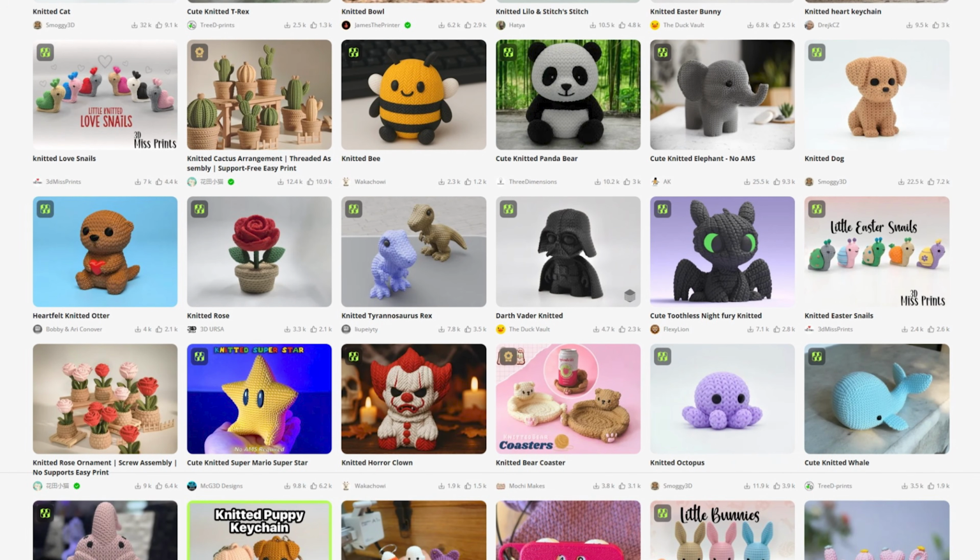Adding a detailed texture geometry to the surface of your 3D prints can add a real wow factor to it, evidenced by the popularity of the knitted style designs on sites such as MakerWorld recently. Applying a texture which perfectly wraps around complex geometry is considered a bit of a dark art for many, but